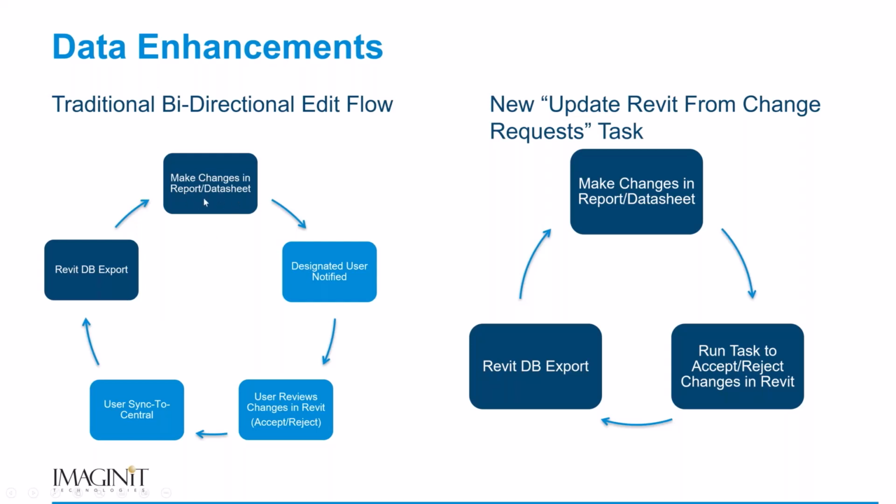So when you made a change in a data sheet or in a report, a designated user on the project was notified. The user opened up the model in Revit and said, show me the requested changes, and chose accept or reject for those changes. The user still had to do a sync to central to make the change official,